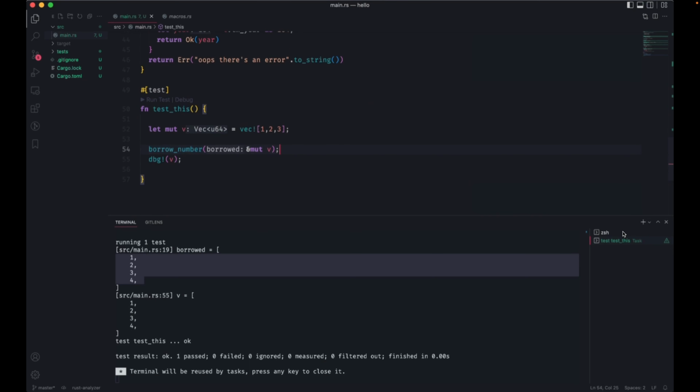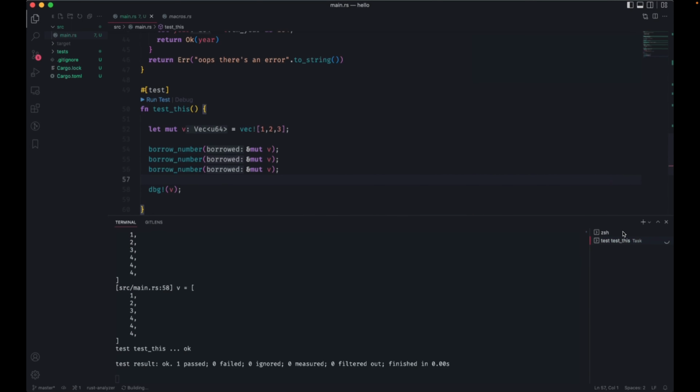Exactly. So if you just want to borrow something multiple times, no change, nothing will happen. So I can do this, let's see. Let's do the example I did again. I'm going to keep pushing the number 4 multiple times into this borrowed, but mutable variable.